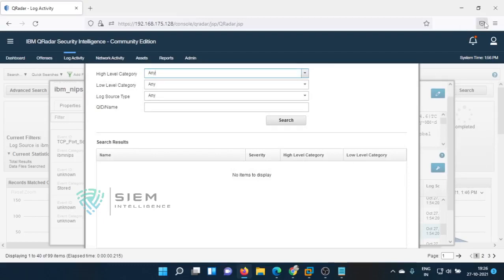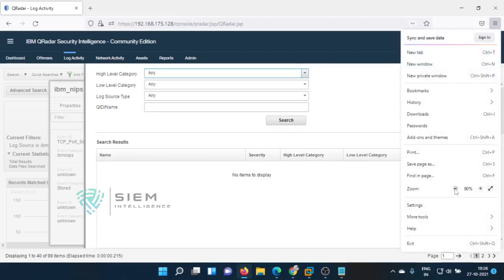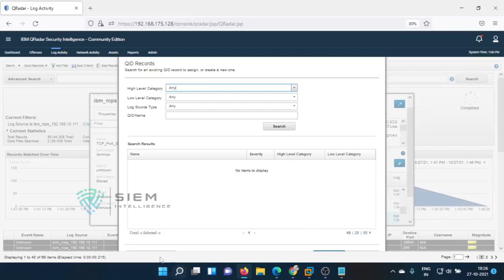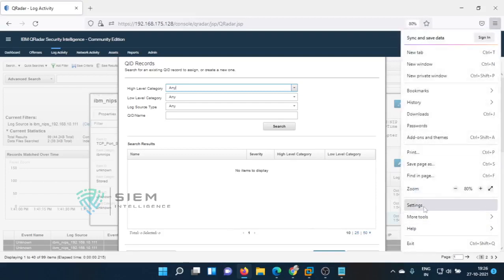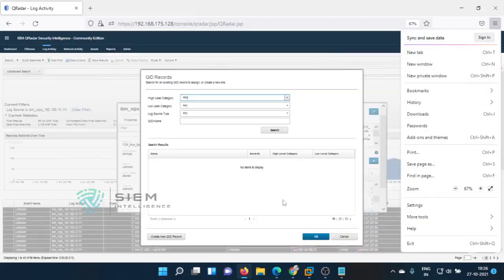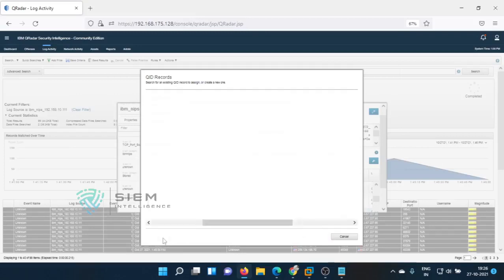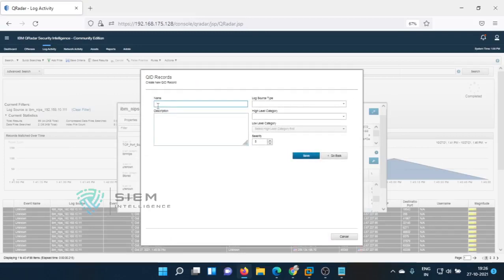How to set up? I need to make it small again. It is not showing here. It's okay. I'll go back one more step down. Yeah. Here, see, this is a QID. See, there's an option called, you people are getting it now. So just press QID. So now, what is our name?